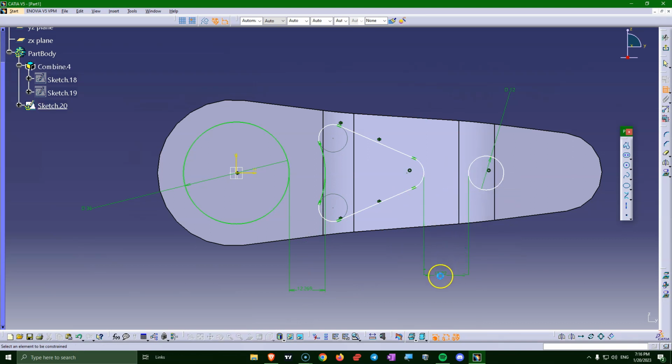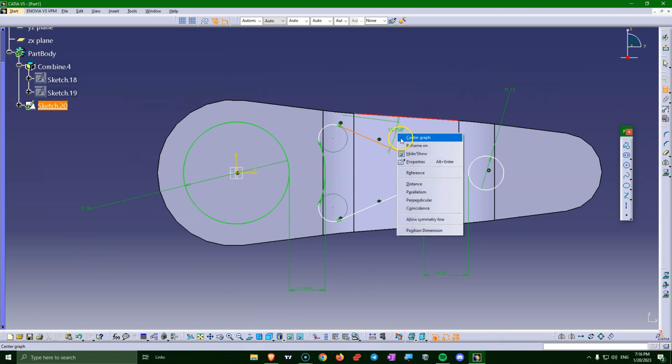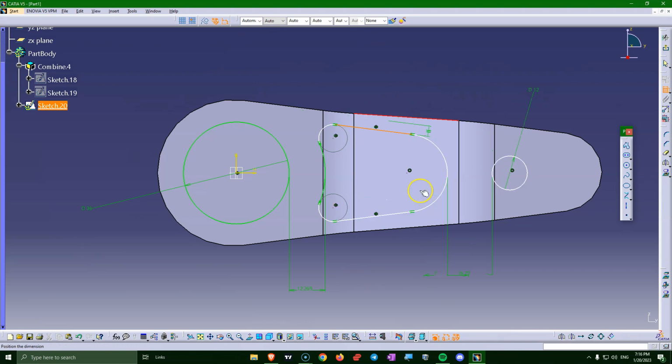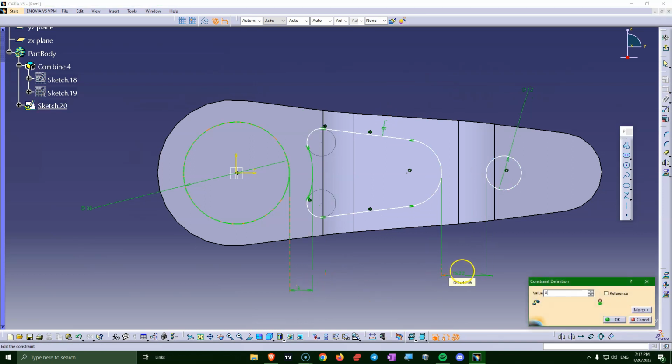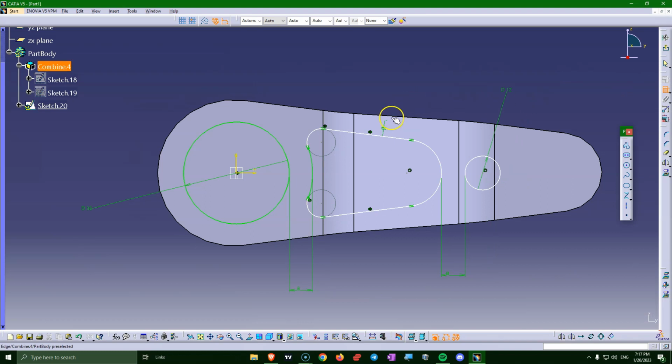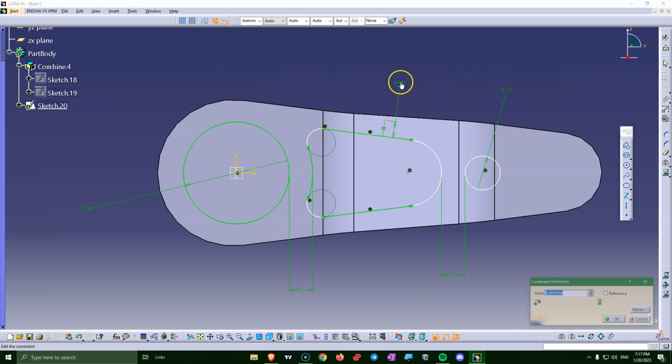Make sure this is horizontal, and between this line and this edge here, so those are parallel. Okay, and this is 8, this is 8. Between this line and the edge here, this is 8,